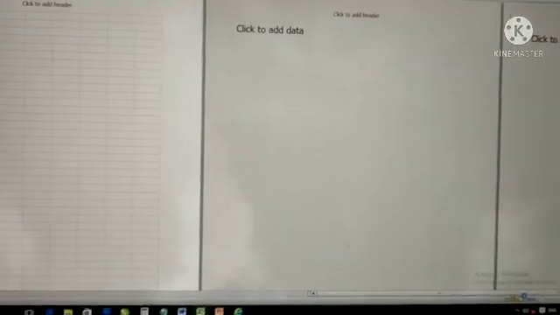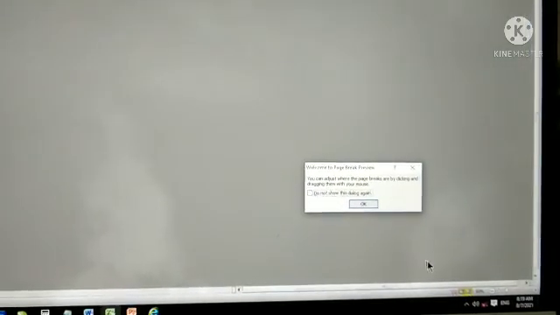Then this is the status bar. Here it is. This is the view button. This is normal view. This is page layout. And this one is page break preview. No need.